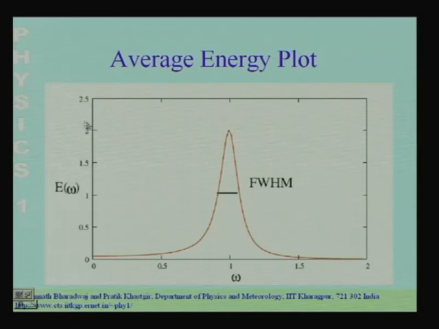So, the maximum energy stored in the oscillator is 2 at that particular frequency. Now, if I look at some other frequency, the energy stored in the oscillator falls. Now, the question is, at what frequency difference? How far do I have to move away from the maximum frequency value so that the energy stored in the oscillator falls by half? In this curve, the maximum value of the energy is 2, and it occurs at this value of the frequency.